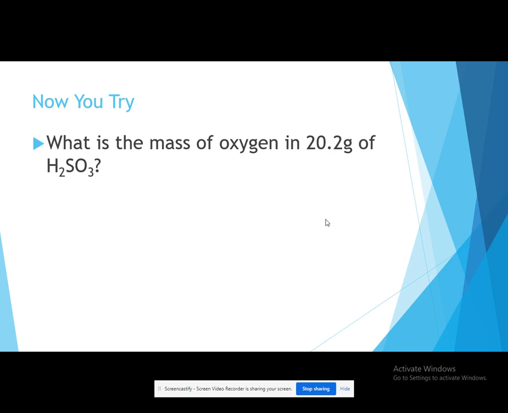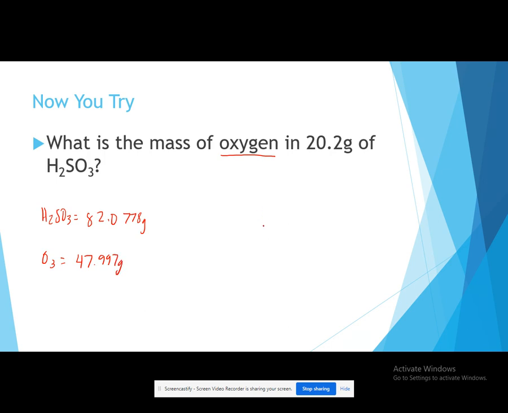So in this example, it says, what is the mass of oxygen in 20.2 grams of H2SO3? So sulfurous acid. And instead of finding all the elements, it's just asking you to find oxygen. So let's get going. If I were to find the molar mass of H2SO3, you would get the molar mass of 82.0778 grams. Since I'm only asked to find oxygen, I just have to find O3 is